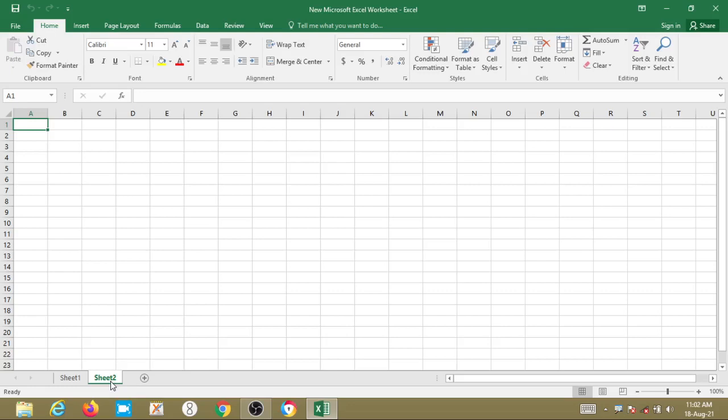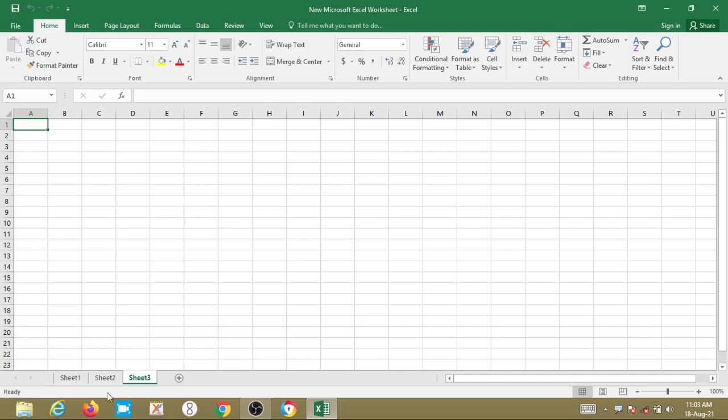MS Excel is software used to create electronic spreadsheets or electronic worksheets. An Excel document containing worksheets is called a workbook. Here you see electronic sheet 1, sheet 2, sheet 3.